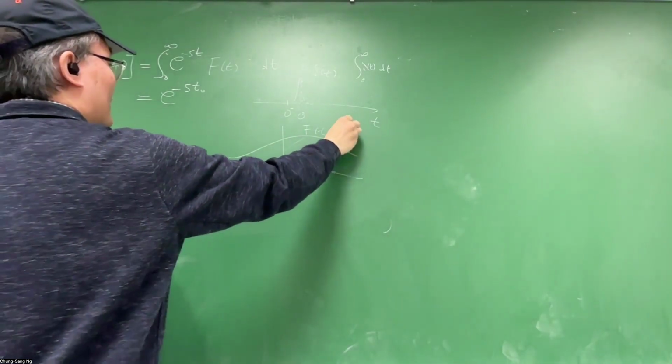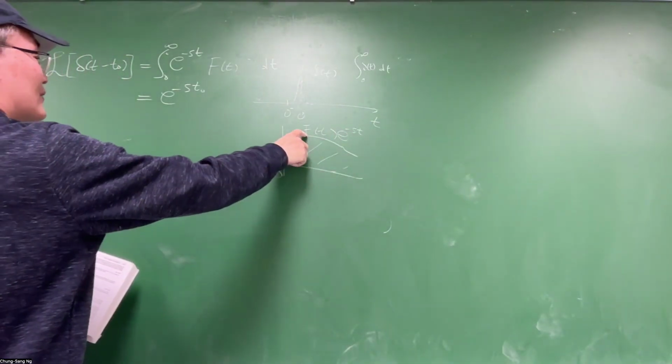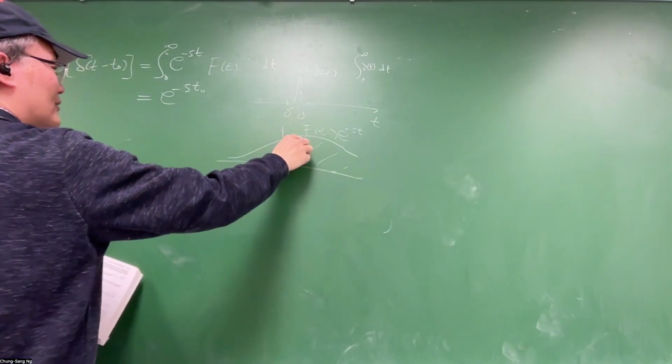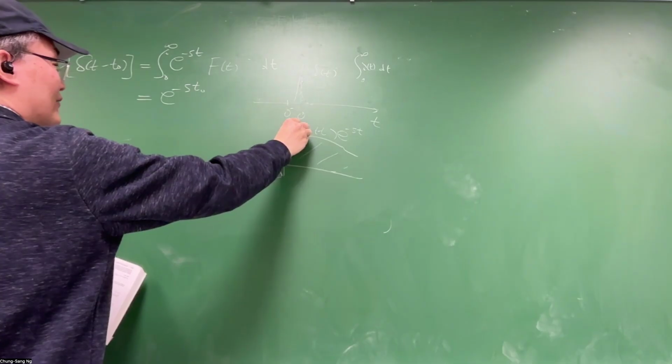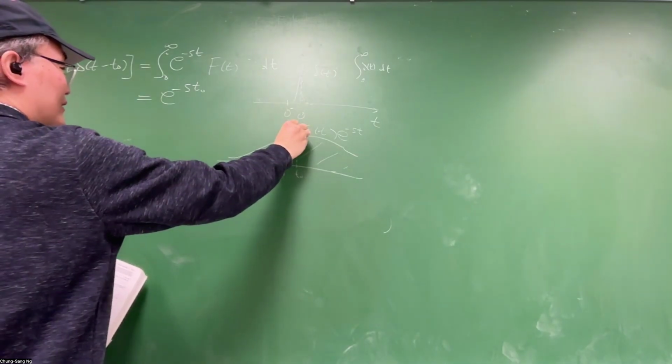But if you deviate from f(t) at any isolated point, so you define your function at an arbitrary point as a different value,